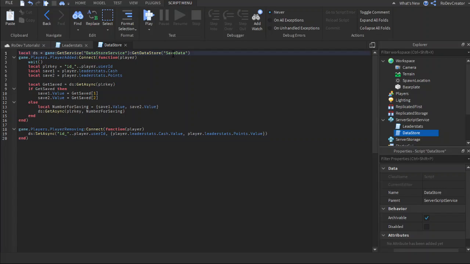So again, we're defining our data store up here. We're defining when the player joins, and if the player joins, it'll give the player the leader stats stuff, which is right here, and it's going to find the user ID of the player, and it's going to give the player the currency leader stats, and then